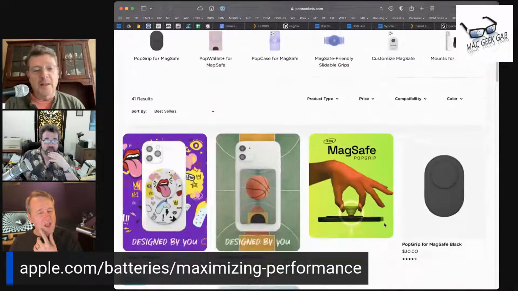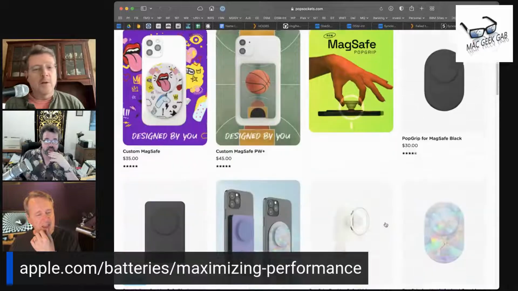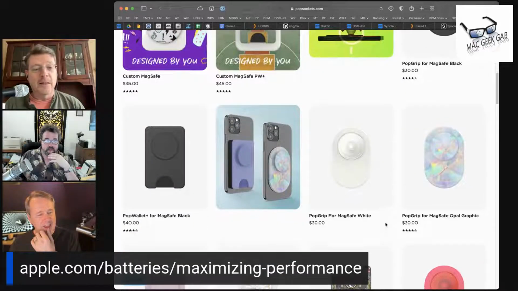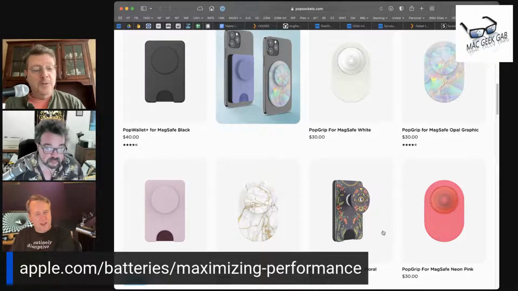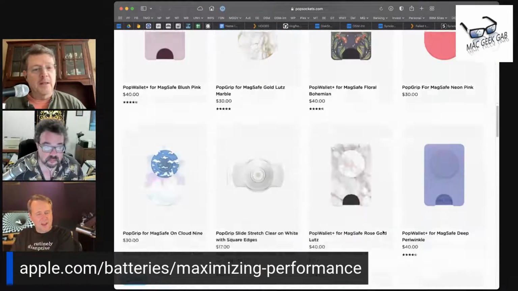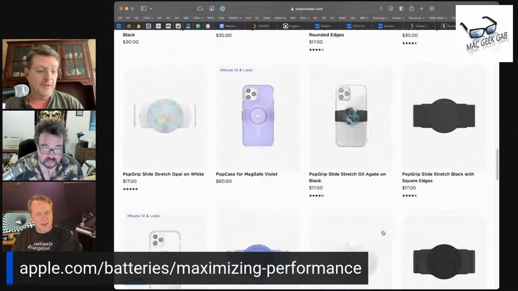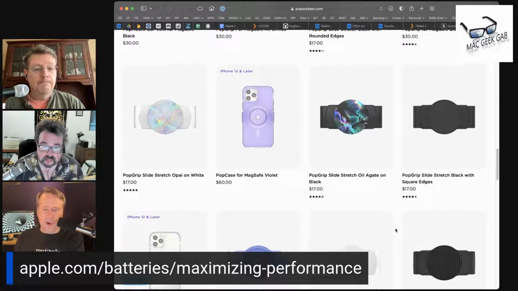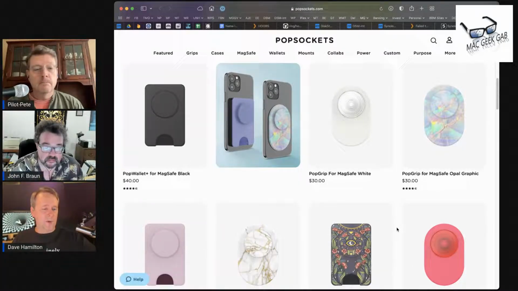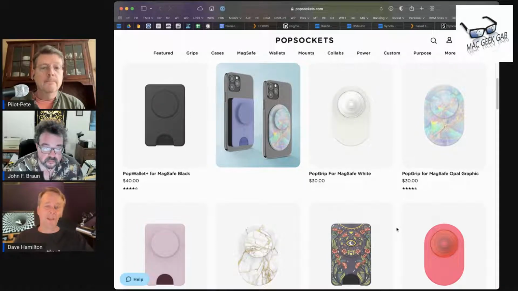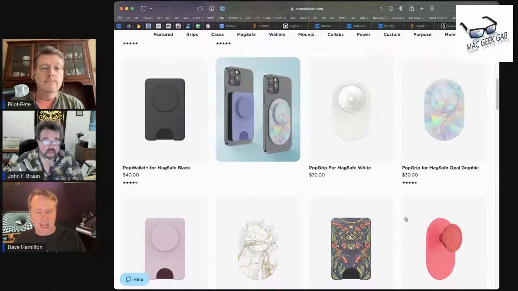I like the pop socket. I don't know why I don't have one of those on my own phone yet, because I really like the concept to be able to take that on and off the phone and use the MagSafe to its full extent, and yet still have the convenience of a pop socket. They've got all kinds of permutations of this, obviously all the different designs that you mentioned, Pete. Plus, they've got a pop wallet with MagSafe. So you've got the pop socket and a wallet all in one that MagSafes to your phone, so you only have it when you need it.